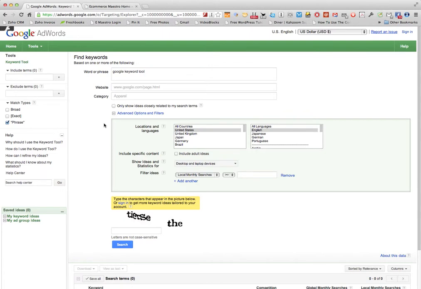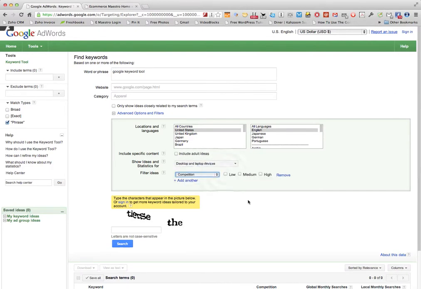Now in the advanced options and filters, the Google Keyword Tool by default will filter on the local monthly searches in that order. But we really are only looking for low and maybe medium competition. So I'm going to change this to competition, and you can choose low and medium, so you only see suggestions that are low or medium. And of course, for the first time, you're always going to have to put in the CAPTCHA. So we hit search,